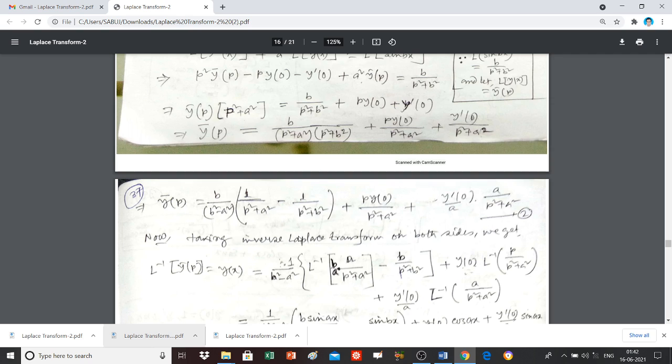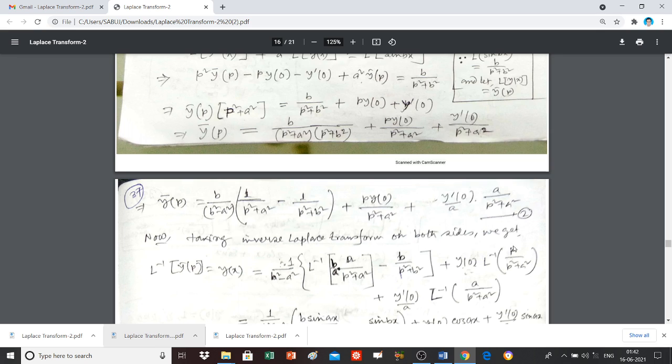So I am writing the first term as this: b is here, and a is multiplied here, and another a is dividing here. So this b by this term is nothing but this term. Okay, and the second term is minus b by p square plus b square. Okay, plus y0